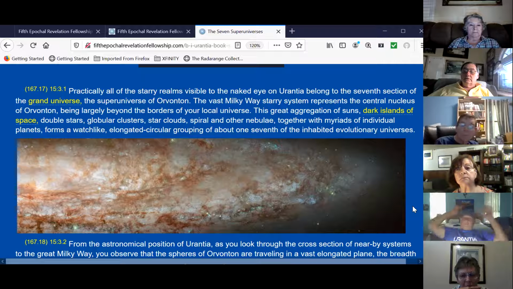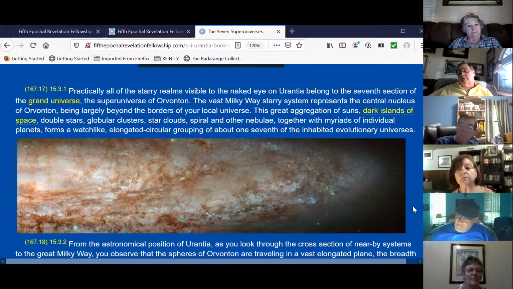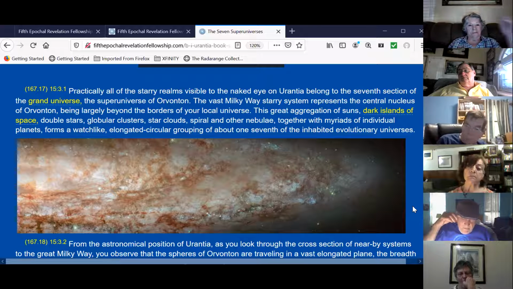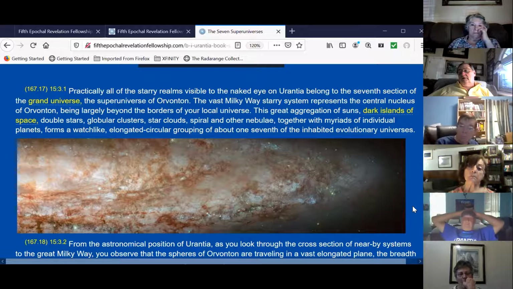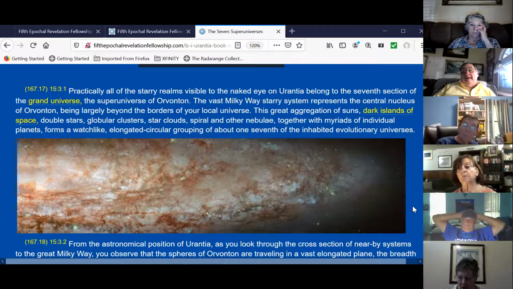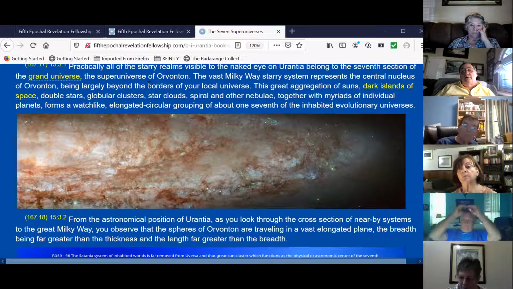One other part of the book says that if you are looking north, you're looking toward Orvonton and Paradise. And then if you're looking south, you are looking out toward the first outer space level. That's right. That's correct. I mean, that's pretty plain, wouldn't you say? Yep. I don't understand what the confusion is,